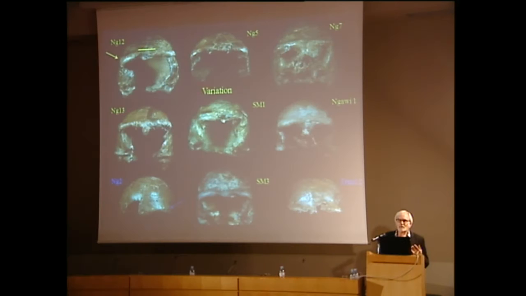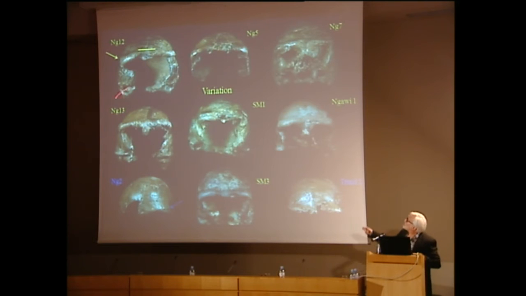And then we can look at some other Asian specimens, such as from Nangdong. They're pretty much uniform in their morphology, differing in whether they're a little more robust or thicker and so on. Here I just want to emphasize that they have this very unique configuration of the brow, where it's straight across from side to side, and then it thickens laterally. So we can go through all of these specimens, and they show this as well as other features of that group, in which I would also include Ngawi 1, Samuchon 3.